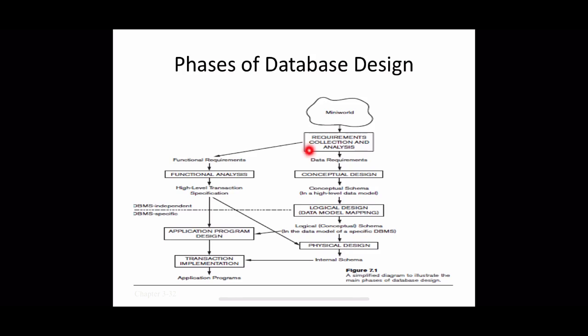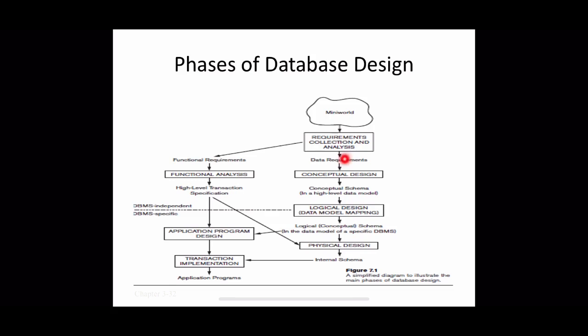In parallel to this data requirement, the functional requirement also will be specified. This consists of user-defined operations and transactions that will be applied to the database, including both retrievals and updates. Usually in software design, it is common to use data flow diagrams, sequence diagrams, etc. to specify the functional requirements.